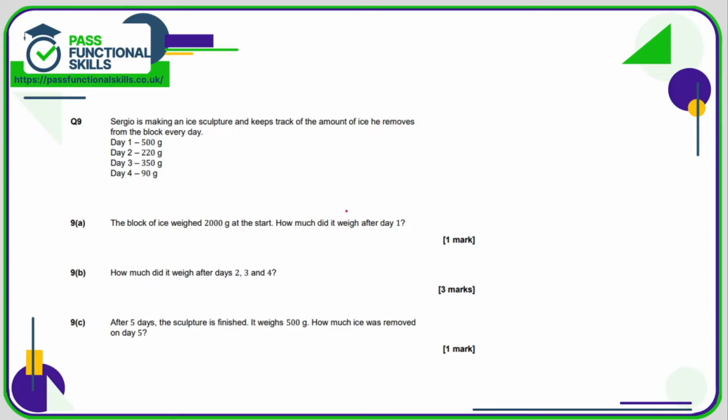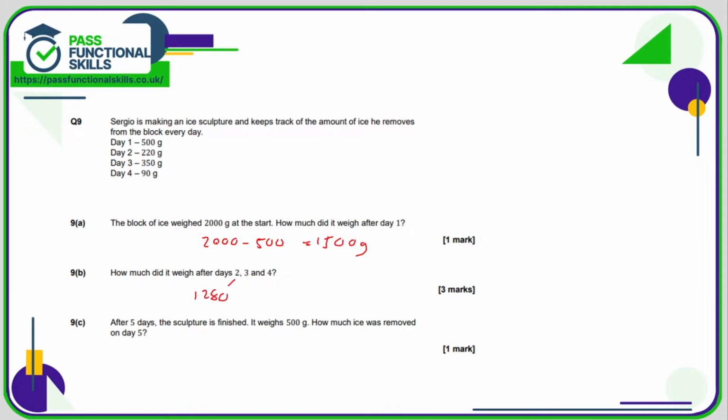Question 9 is back to a non-calculator again. After day 1 he's removed 500 grams, so if it was 2,000 at the start and he removes 500 grams, 2,000 minus 500 is 1,500 grams. After day 2 it would have been 1,500 minus 220. So I would probably do 1,500 minus 200 is 1,300. 1,300 minus 20 is